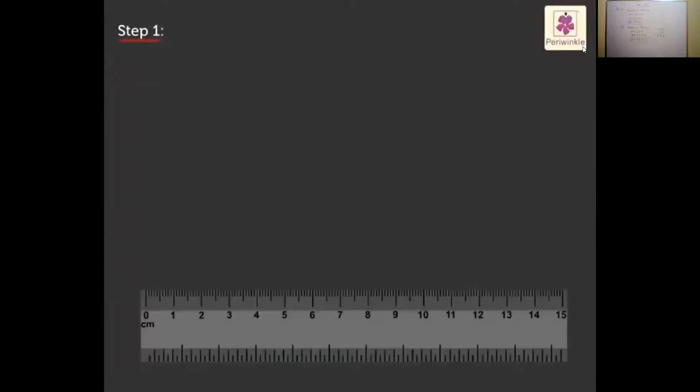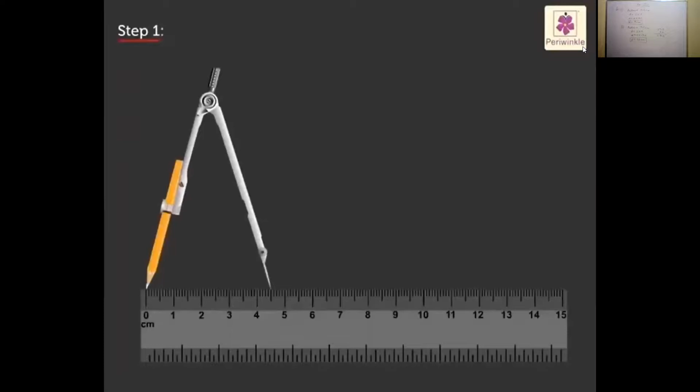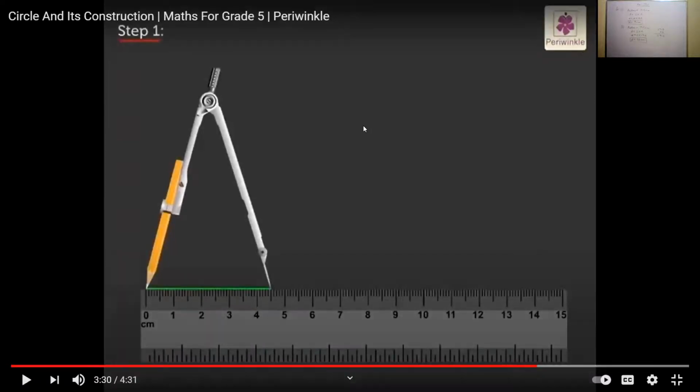Step 1. Use a ruler to set the distance between both the arms as 4.5 centimeters. So in your book, the first part is where you have to take a radius of 6.5 centimeters. Like this, you can take a scale. I hope you all have taken out your compass. Sir, I know this, I have drawn like this. Very good.